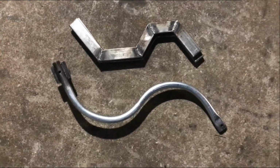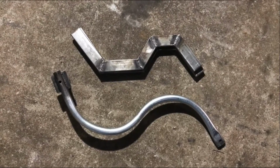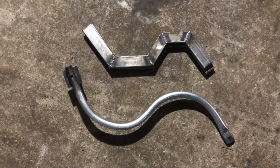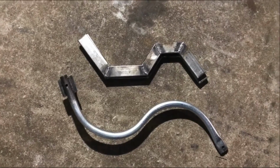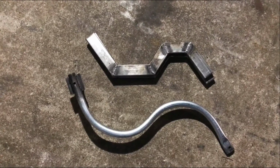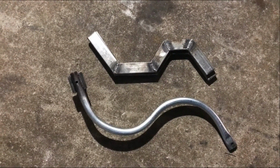So you can see the difference in size between the original bar that I made on the bottom and the new ones that I welded up top. I think that the original one was too long, and putting the hang points that far forward put the center of gravity with the frame and the added weights way behind me, and I think it just created too much leverage to try to